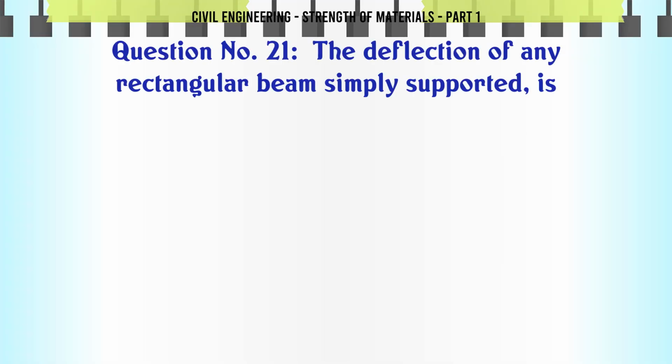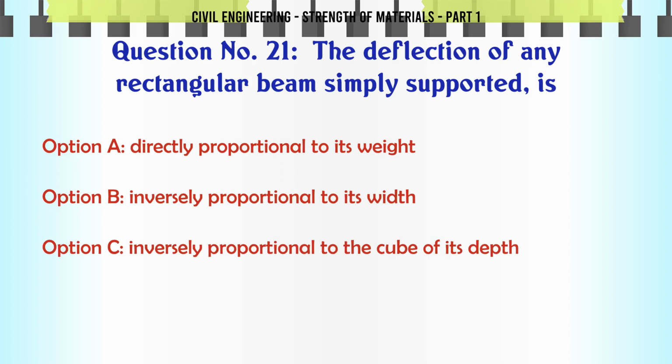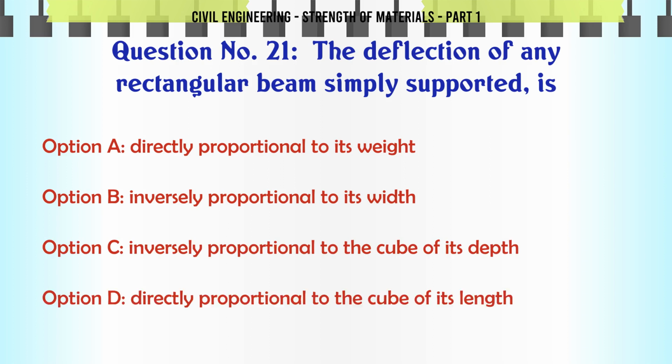The deflection of any rectangular beam simply supported is: (a) directly proportional to its weight, (b) inversely proportional to its width, (c) inversely proportional to the cube of its depth, (d)